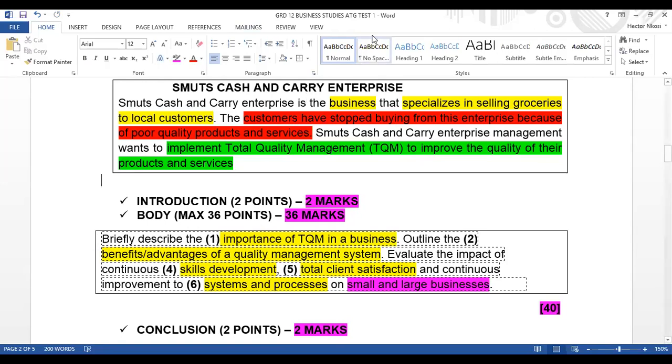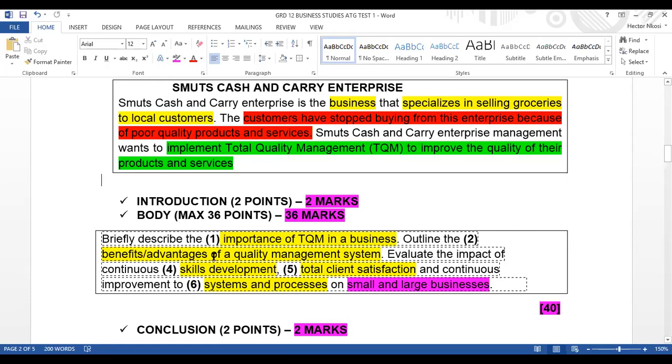Then, after reading your case study or your short text that is being given to you, you then read what is required from you. Then you break out all the outlines that are needed from you and plan. So that's where the planning takes place, right? The planning takes place here: okay, how am I going to answer this essay? I need to break this up.